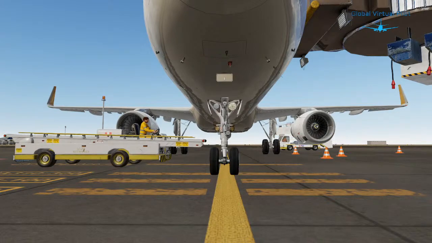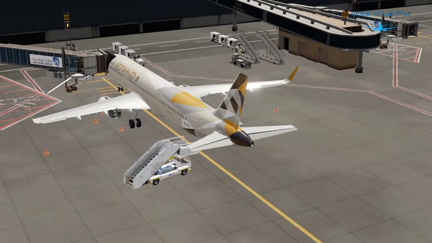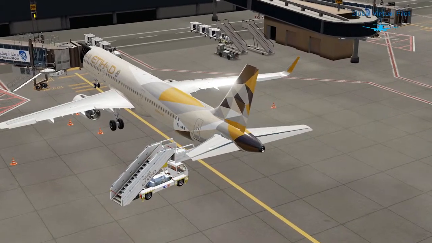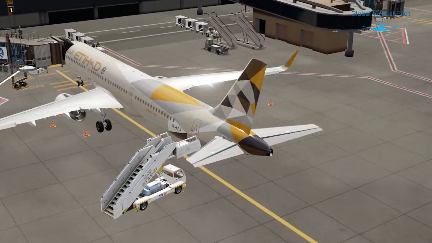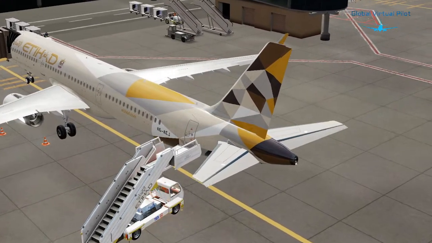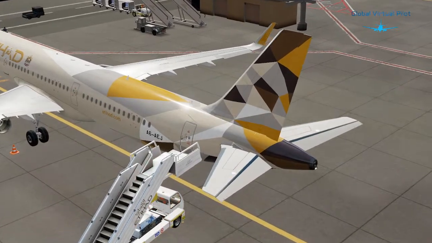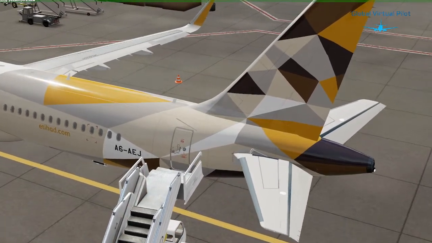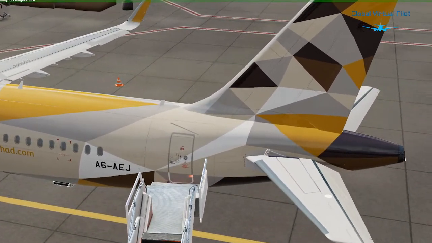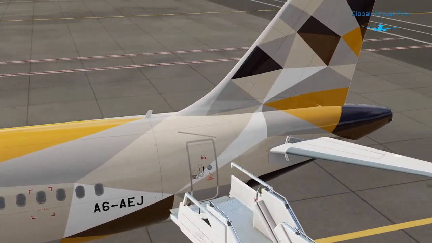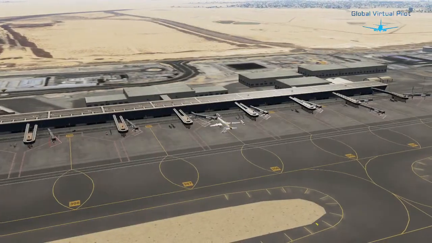Hello and welcome to Abu Dhabi International Airport, with a short flight from Abu Dhabi to Amman in an FS Labs Airbus 320. Today we'll fly with Etihad Virtual. Starting from the procedures, we will do a walk-around and checks, and next we'll upload everything in the aircraft. And with some probability, maybe on a lucky day on VATSIM, we will get some controllers